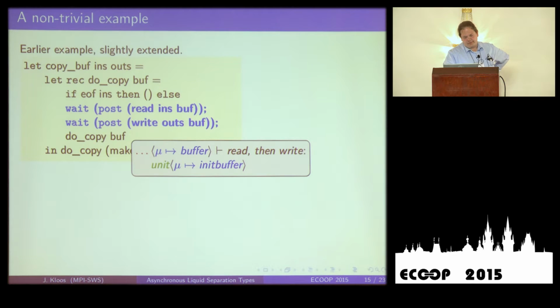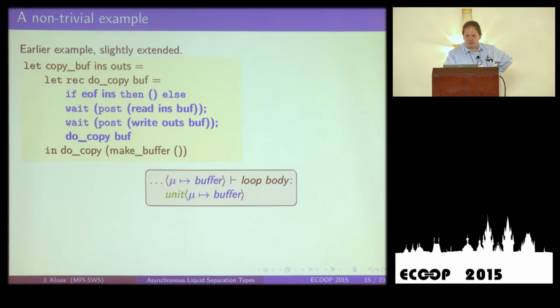Now, combining this with the read and the write would give us this type. So we would keep the buffer initialized, because the writing doesn't change anything. The whole inner part of the loop actually has this type now. We say that there must be some heap cell mu that contains a buffer. The loop body doesn't return anything. And interestingly enough, now we say that the post condition must be heap cell mu must exist and be a